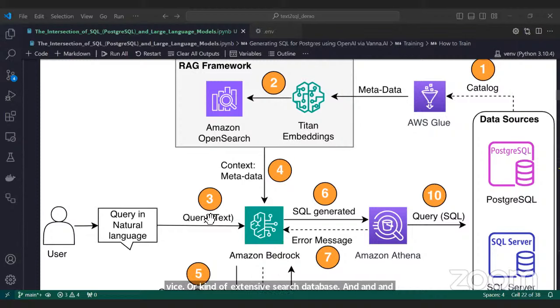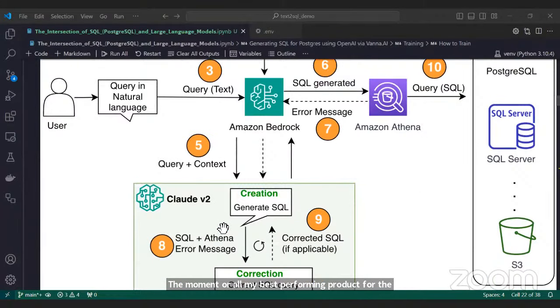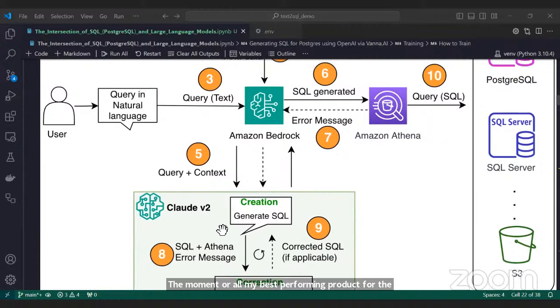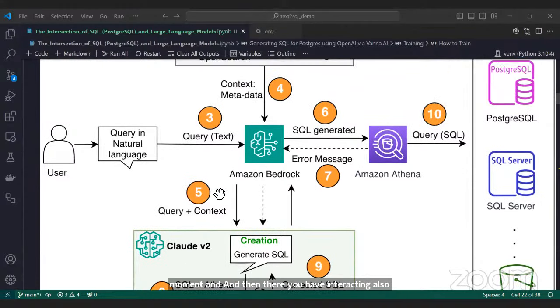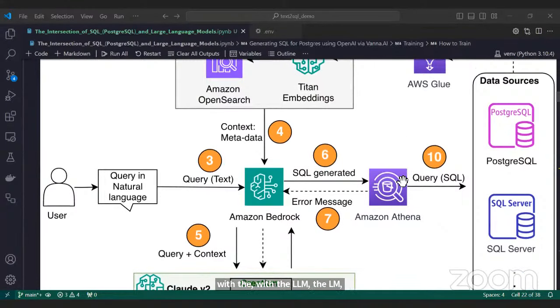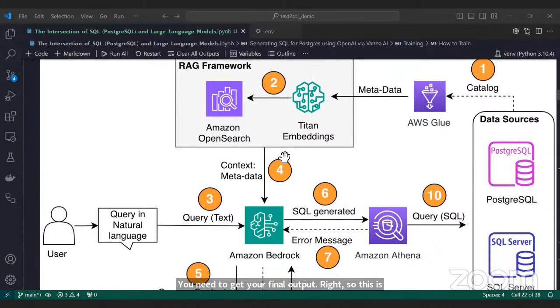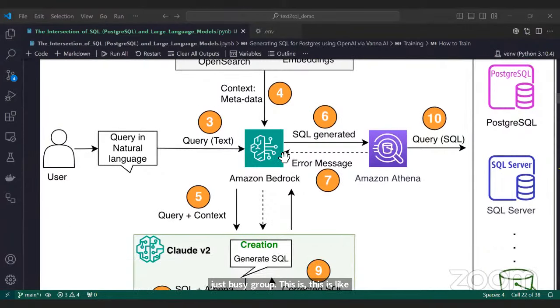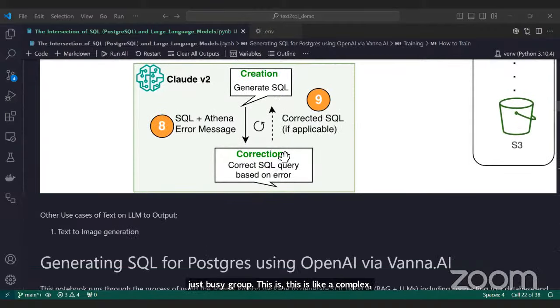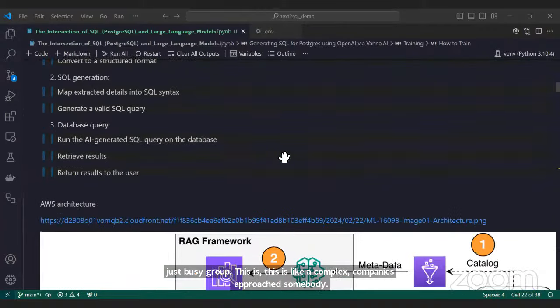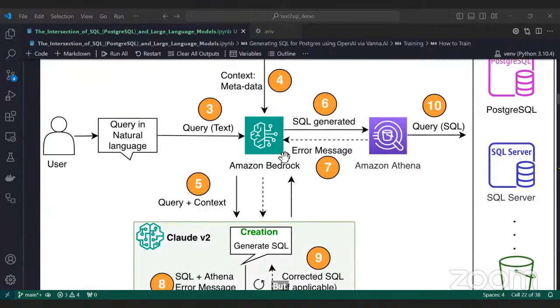That's the query coming in from the user, like my best performing staff for the month, or my best performing product for the month, and there you have it interacting also with the LLM, right? You need to get your final output as a user. This is, I would say, a complex approach to solving this, but it's much illustrative, right? So let's move on.